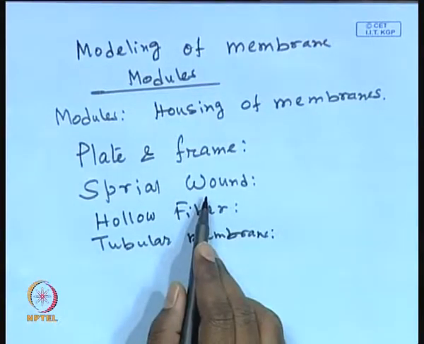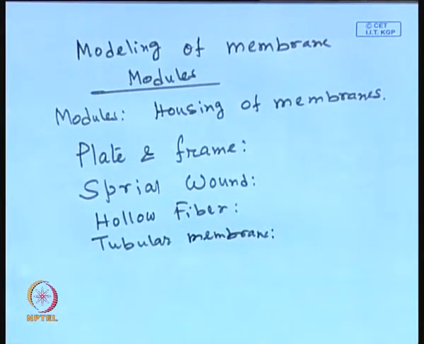Now, you can have a number of frames in series. So in a small volume you can have a number of frames, let us say 20 or 25 such frames, and you will be having double the number of membrane areas. So in a small volume you can have a large membrane surface, and this is known as plate and frame. Of course, the geometry is rectangular coordinate. On the other hand, in case of plate and frame, if you would like to increase the number of plates, the system becomes voluminous. So what they do, they use a novel design that is called the spiral wound module.